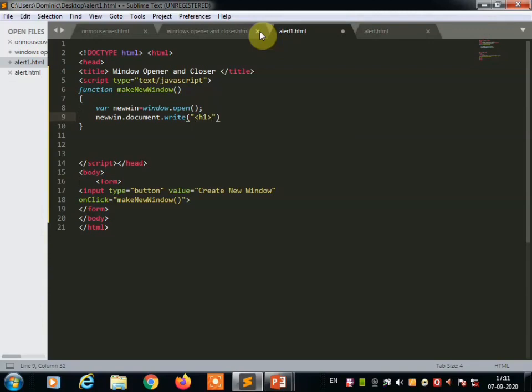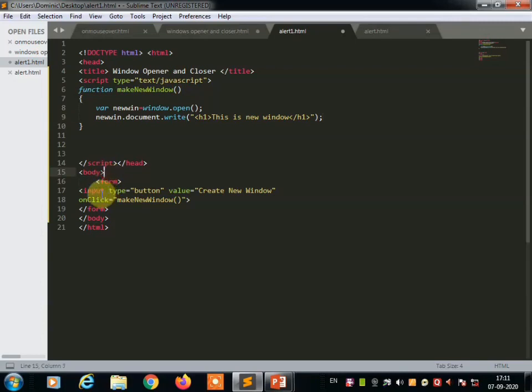We are going to write here "This is new window", so anyone can understand that a new window has been opened. H1 complete, and complete with a semicolon. Once you finish, complete the curly bracket, then complete the script tag.